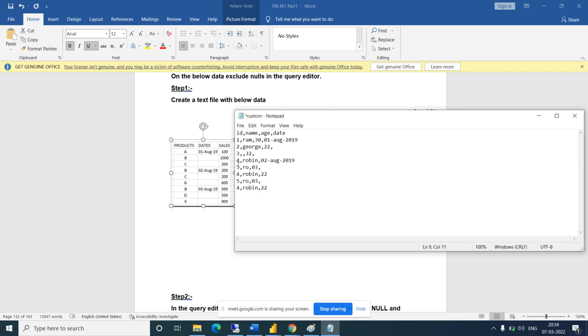Don't think about what this is, like the ID. I'm just showing something where the date is blank. One date is showing, some other dates are showing blank, so what to do with this? That is the example I'm going to take.